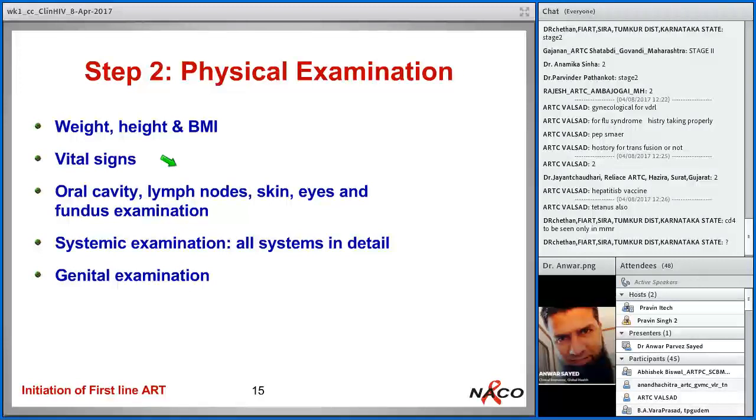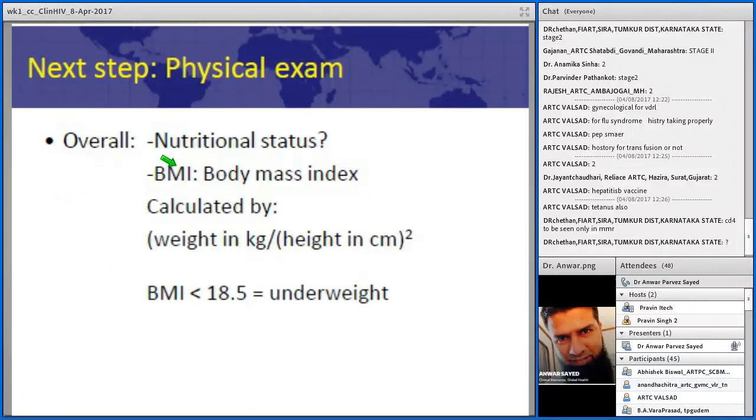These days even young people are getting high blood pressure, and especially when we are using more and more lopinavir, ritonavir and PI-based regimens, there are high chances that there will be lipid abnormalities and people will start developing things like this. So it is good practice to note the blood pressure as the baseline investigation at the time of registration itself. The new patient's BP should be recorded in the green book at least, and also if possible in the white card. At least the first page of the green book should have all the details like you might be entering at the time of your UG or PG clinics.